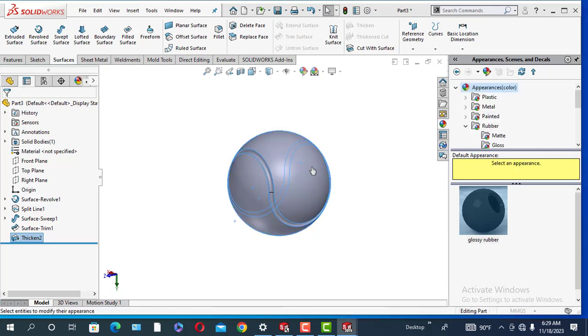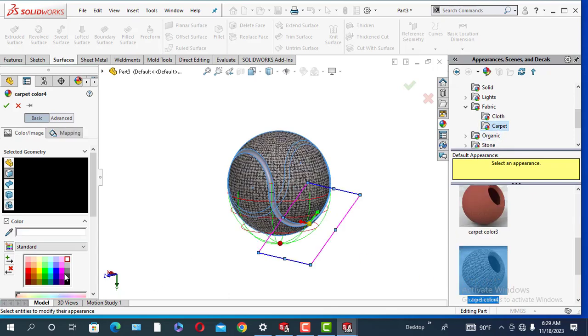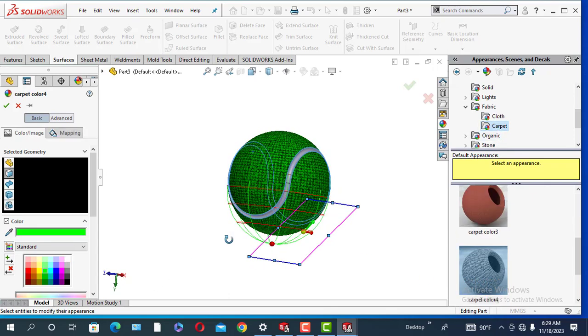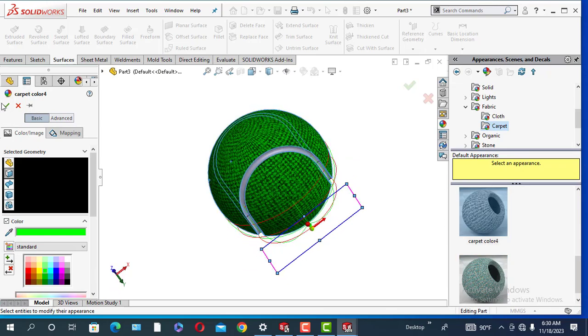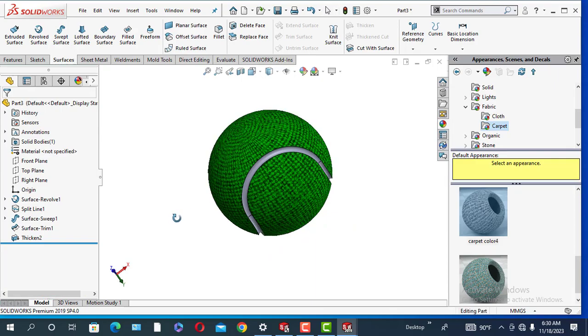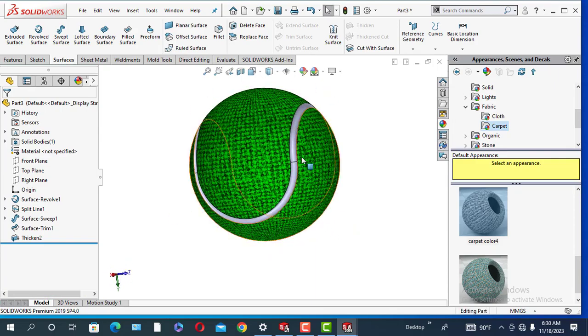appearance, and fabric, cloth, corporate, this one, and green. Perfect. Okay, our ball,